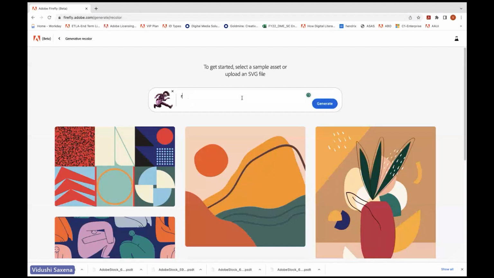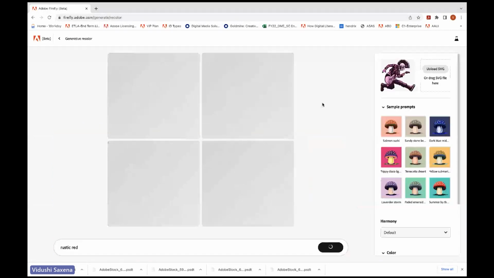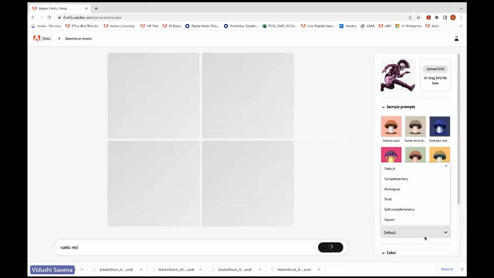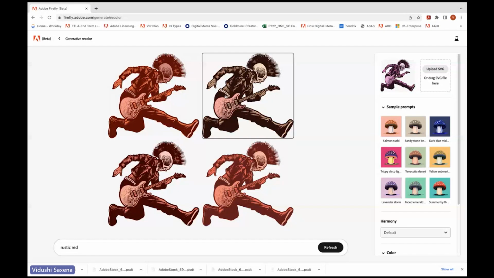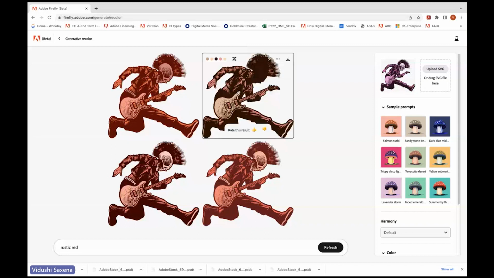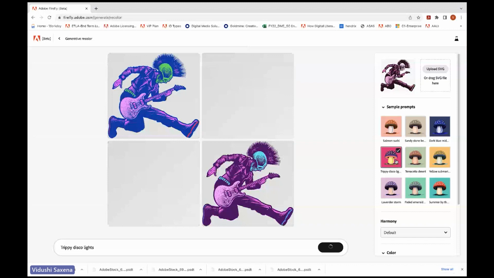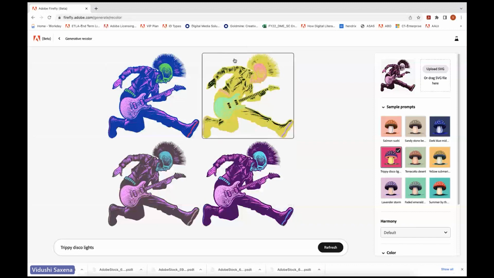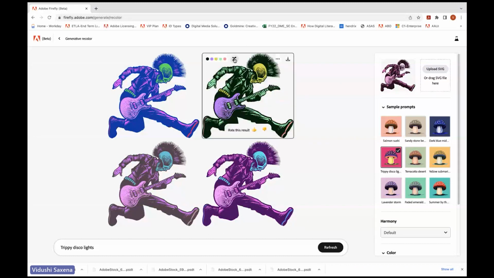Rustic red. Let's see what that generates. So it has got all of these patterns generated, and you can simply play around with it. So you can see the reference image right here and what it has created. Let's see if the sample prompt, which is here, works well. So you can see how it's changing the colors. So it can really save time when you want to create multiple renditions of your design or generate